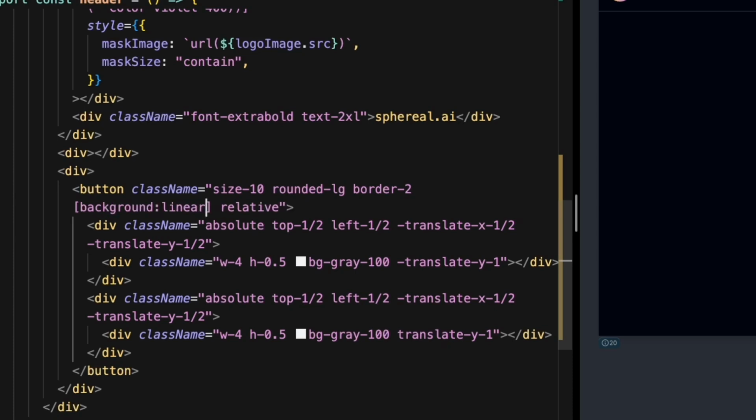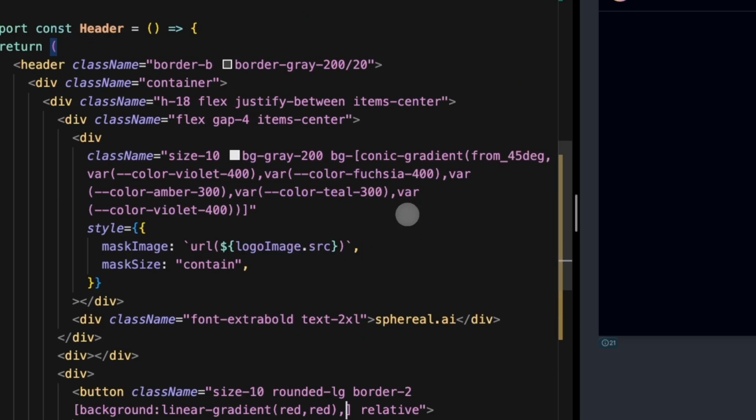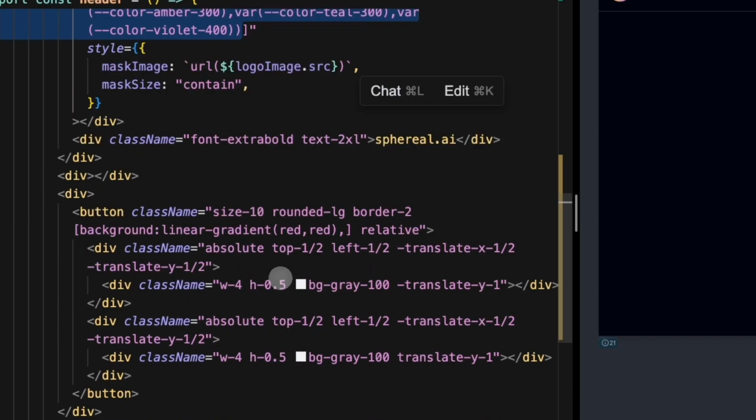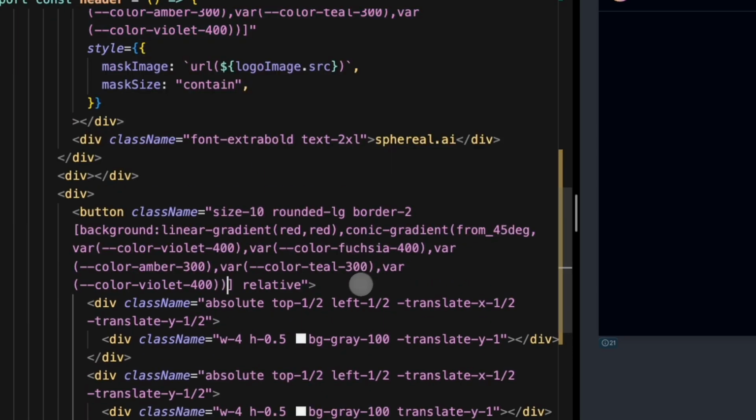I'm going to say linear gradient, and we're going to go from red to red and save that and see if we see that gradient on the page. And indeed we do. For the second gradient, we're going to add our conic gradient to it. So I'm going to add a comma here, and I'm going to copy and paste the conic gradient that we've already created up here in the logo, and just go ahead and paste it right here inside of our custom